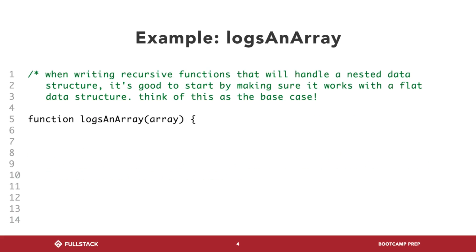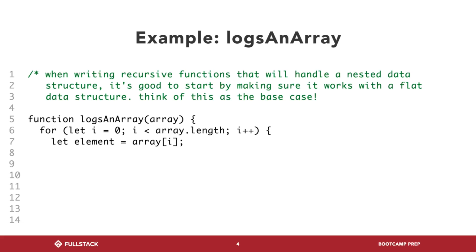So let's actually solve the problem that I just listed out, which is very simply: if I have an array and it's infinitely nested, how do I actually get to every single element in every single inner array too? This right here is our standard printout of an array. We go through an array with a for loop, get hold of the element, and log it out. Very straightforward, nothing special, nothing fancy.